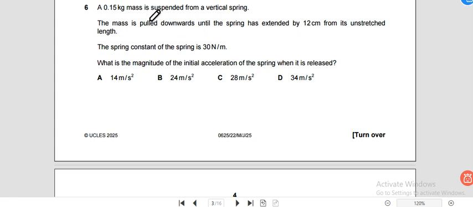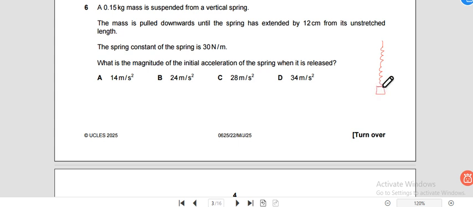A mass is suspended from a vertical spring and pulled down until the spring is extended by 12 cm from its unstretched length. Given the spring constant, what is the magnitude of the initial acceleration when it is released? So when the stretched